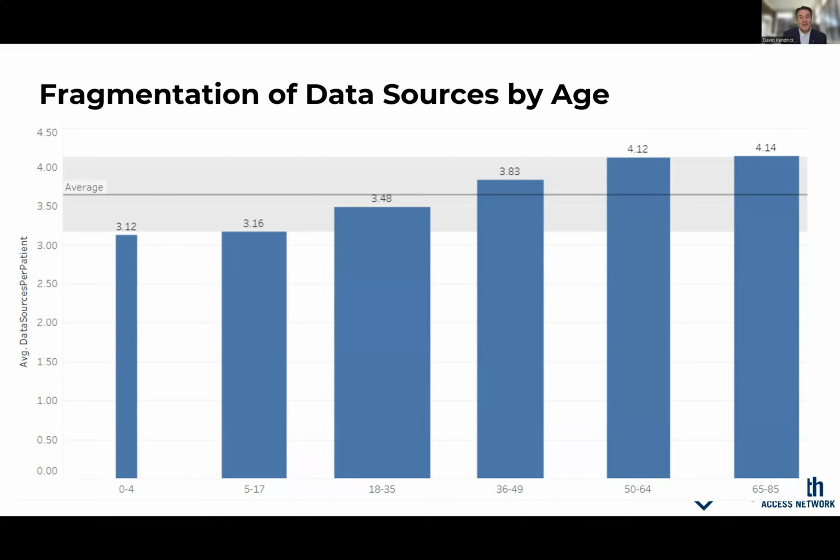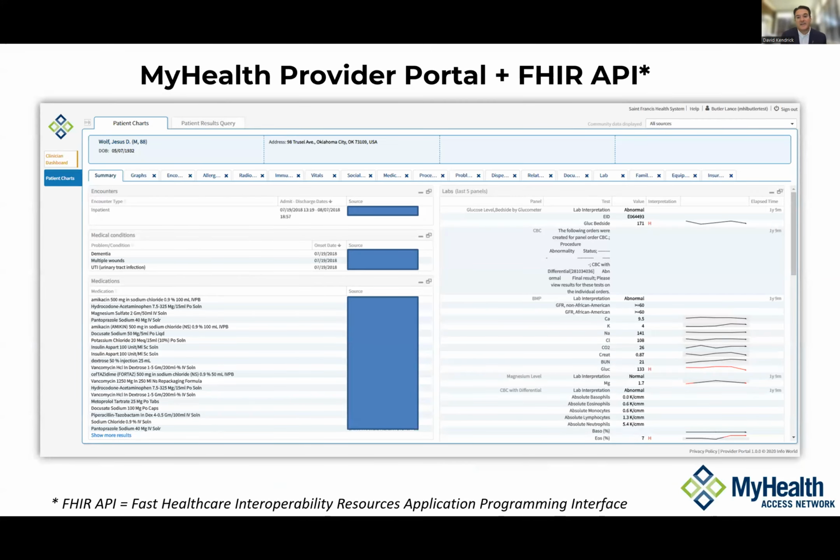So interoperability and the need to have access to the complete health record on an individual, regardless of use case, whether it's coordinating care, public health alerting and reporting, or doing science, one must have complete data to do this with. This is a snapshot of a demo patient in the system that we operate at MyHealth. It shows a single patient's record with data from as many as 30 or more places, as you saw in the other chart, all aggregated into one picture for the patient.